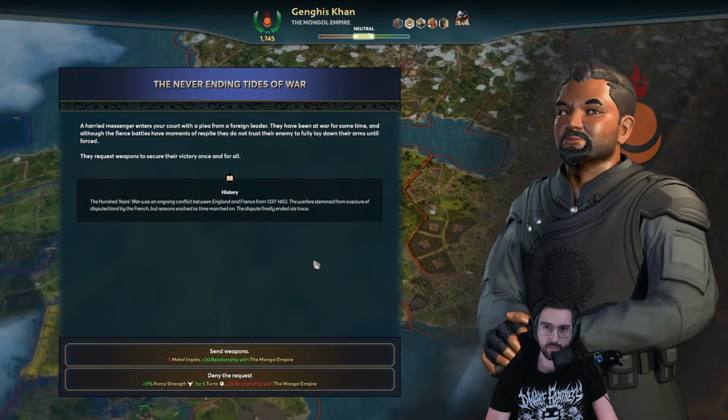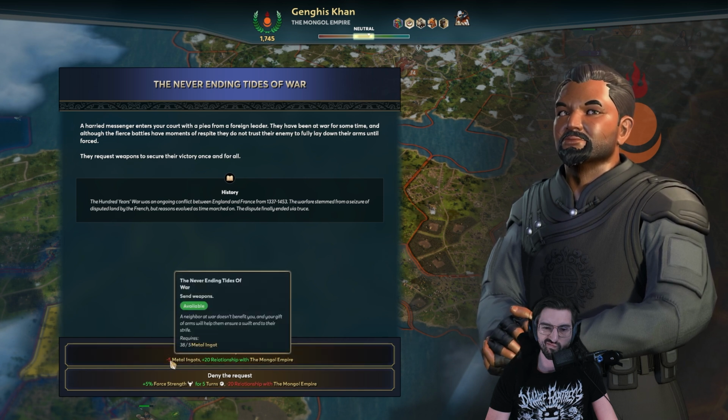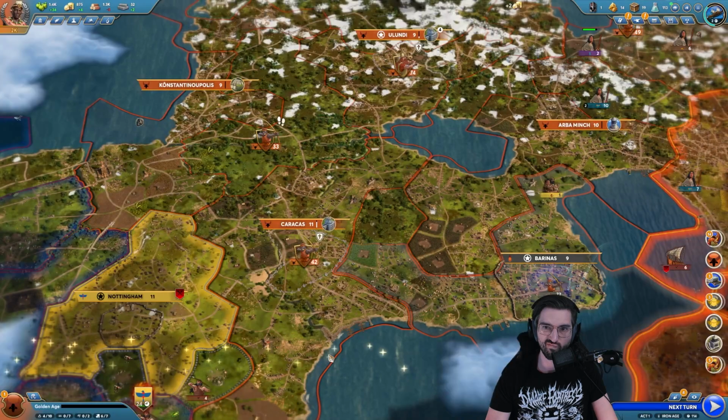A harried messenger enters your court with a plea from a foreign leader. They have been at war for some time, and although the fierce battle...